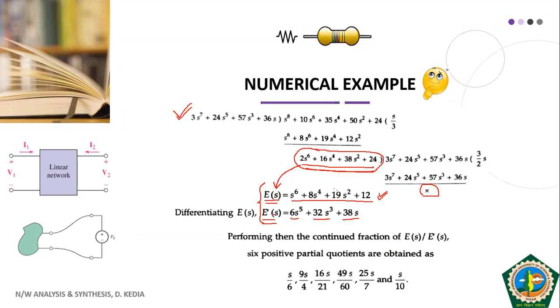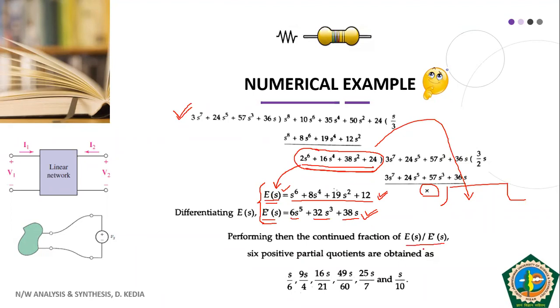What does it mean? In case our continued fraction is abruptly terminated in between because of a zero remainder, once zero has come, we cannot continue. We cannot divide by zero by writing this divisor as dividend here. So if such a case happens, the latest divisor will be taken as the polynomial, the second polynomial will be obtained by differentiating it, and now we will apply the continued fraction approach to these two polynomials.